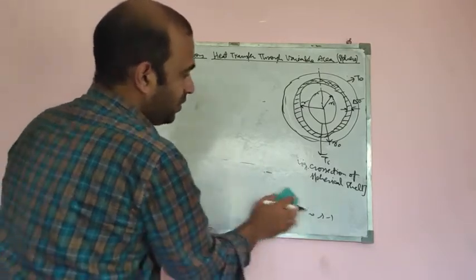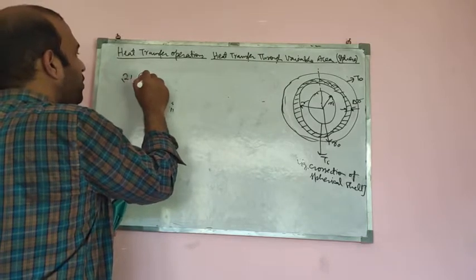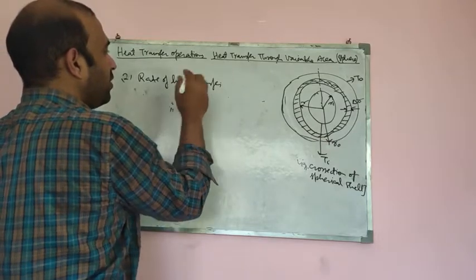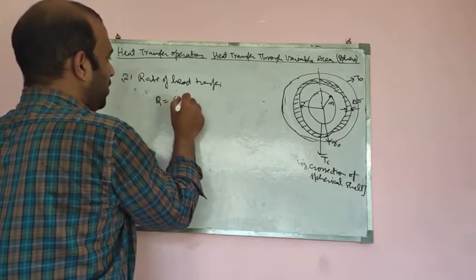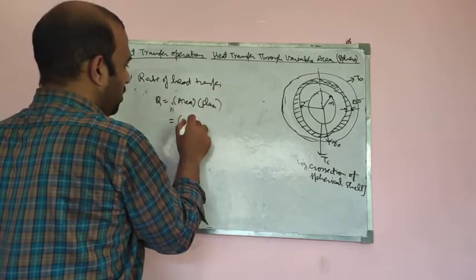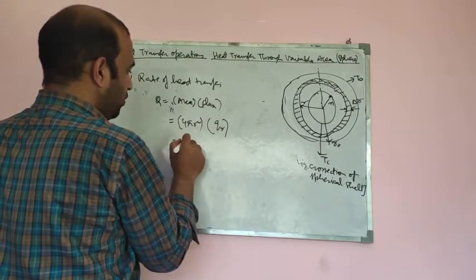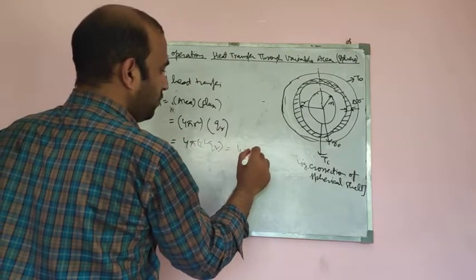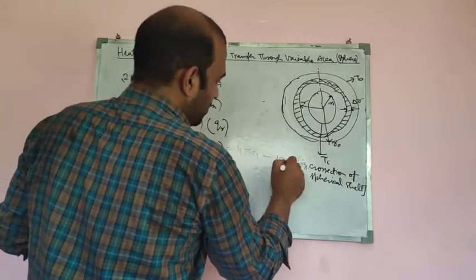Now after the temperature distribution, the second thing that we want to find is the rate of heat transfer, that's Q. The rate of heat transfer Q will be equal to area into flux. So the area of the sphere will be 4 pi r square and flux is QR. So you can write 4 pi r square QR. Now this term r square QR, you can write 4 pi C1, because r square QR, you already know it is C1. Let's call this equation 17.